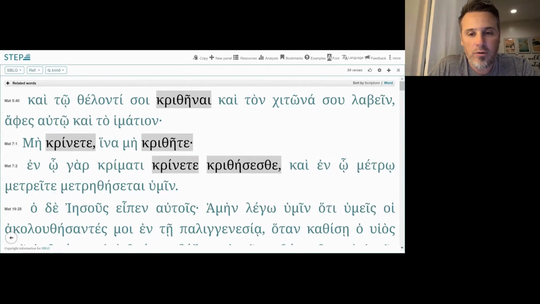Now this is in plural. He's speaking to a group. Y'all don't judge, but he's saying don't make final judgment calls. And there's a difference. I want to point this out here. There's a difference between making judgment calls about someone, some behavior, something as a Christian, and rendering final judgments on someone. Like if I say, oh, you're going to hell, you're going to be separated from God everlastingly, we know where you're going, right? Making a final judgment call, I don't have that ability or authority. And if I try to usurp that authority, I've overstepped my grounds.